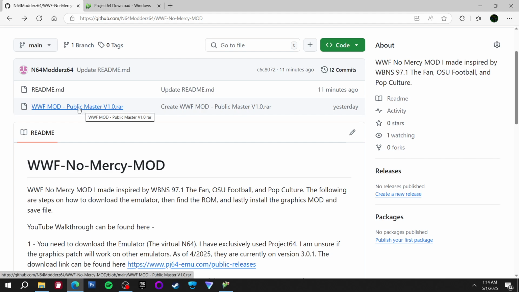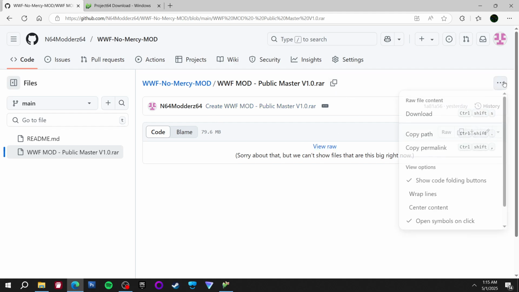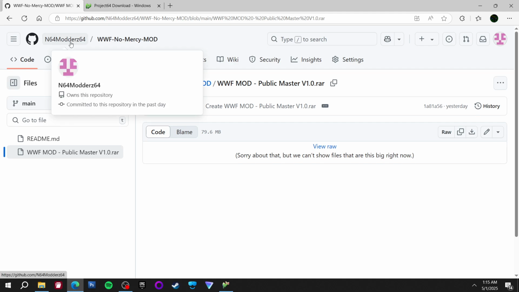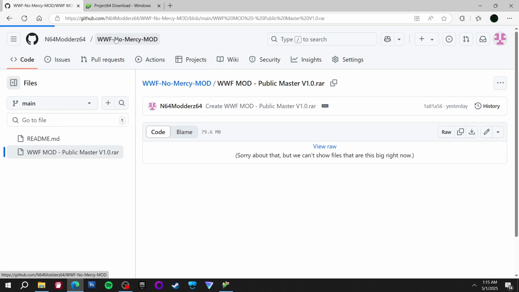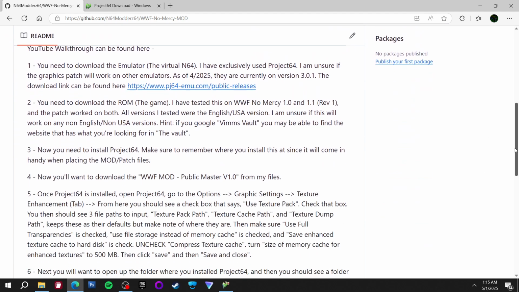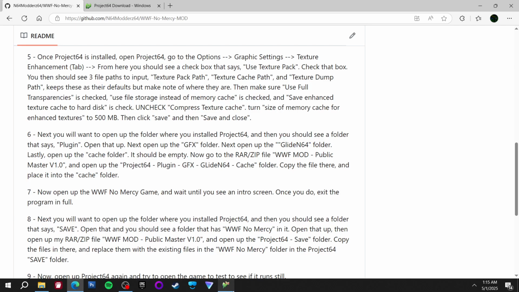which is under WWF Mod Public Master version 1.0 here. Click the link. It's going to take you to this page where it looks like there's nothing downloaded, but actually go to the top right corner and the 3 dots. Click that and click download. After that, you're going to want to go back to the main page here,